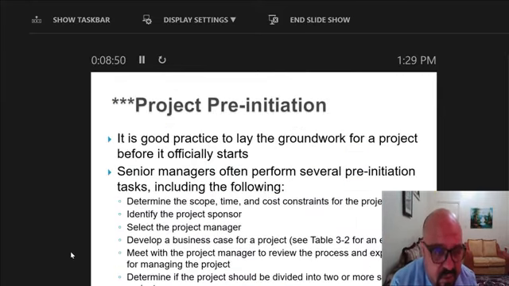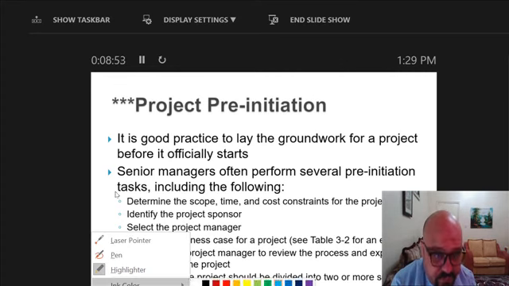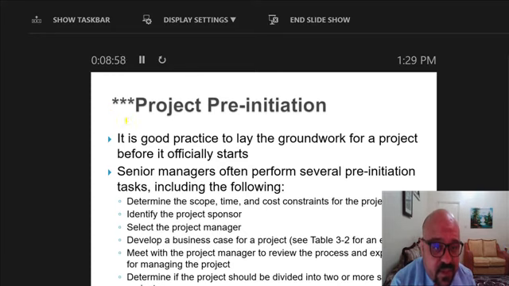So now we start with project initiation. It is a good practice to lay the groundwork for a project before it officially starts. So before we start to create our project, we must fully understand what the main point is, what we need, and what the human resources are, and all these things must be described in these levels or phases. So senior managers